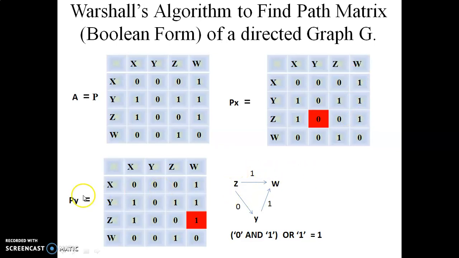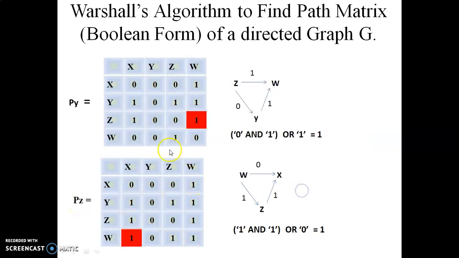In this case the intermediate node or vertex is y, so I have to write y here. From z to y, the index value is 0, so I write 0 here. And from y to w, the index value is 1, so I am writing 1 here. And then obtain this particular logic operation: 0 AND 1 is 0, which is OR with 1, so the final value is 1. So we write this final value 1 over here. In this way we write all these index values of P of y.